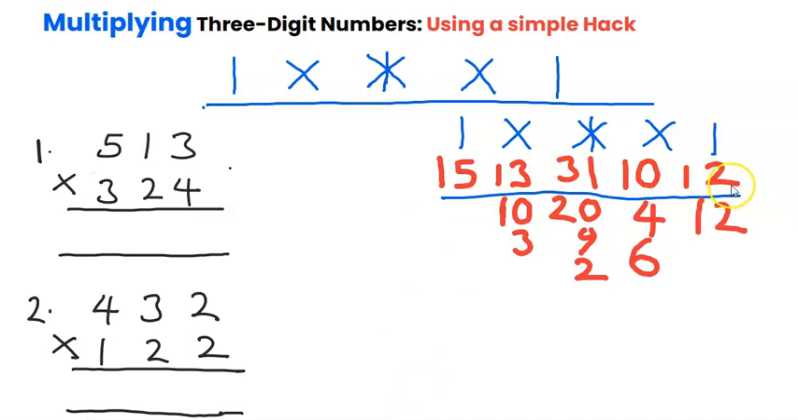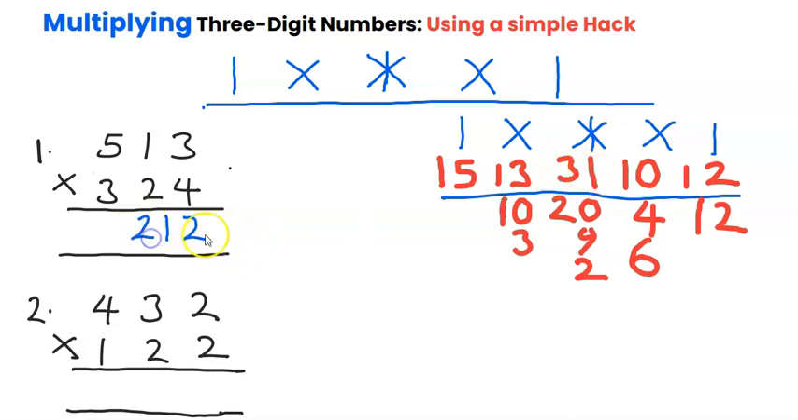Now I can't write down 12. I'm going to write the unit part, which is 2. Good. Then this one I'll carry and add to 10. So 1 plus 10 is 11. Since I can't write down 11, I'll write down 1, carry 1. So I'll add 1 to 31. That will become 32. Since I can't write down 32, I'll write the unit again, which is 2, carry